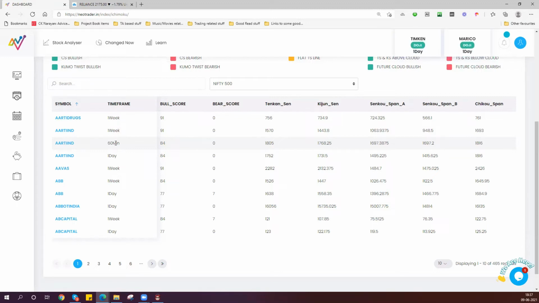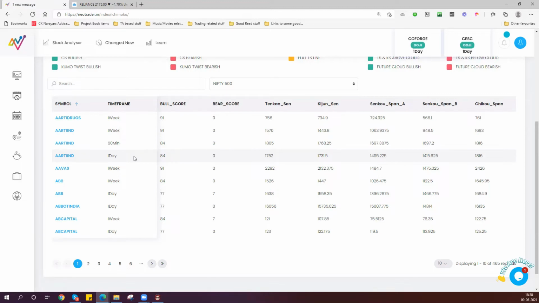In ACC, since it is bullish on all parameters only in the weekly chart, it is possible that if you are engaging in a bullish trade in ACC, it will pan out only across multiple days or perhaps even take weeks. Whereas if you were to take a bullish trade in the case of Aarti Industries, you will find that since Aarti is bullish also over the 60-minute time frame, a bullish position in Aarti may actually work out over a 1 day or 2 day time frame itself. So now when you have a choice, this is how you can drill down into which is the stock you will trade.